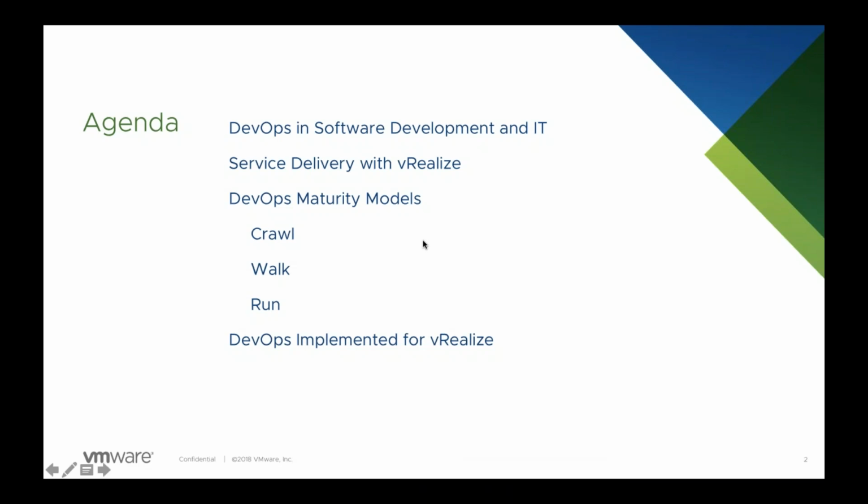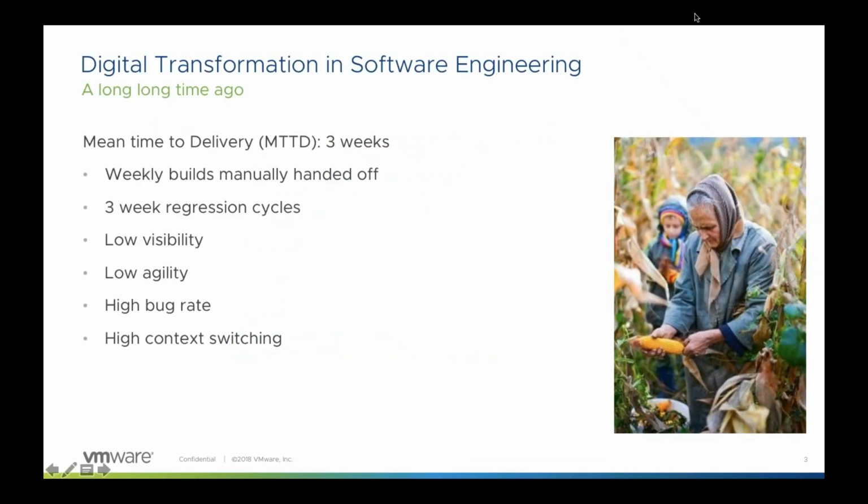So starting out, at the beginning, talking about where software was. When I joined VMware, that was about 6 years ago, we were just fresh off of the acquisition of Dynamic Ops and what would become the Cloud Automation Center, vRealize Automation. We had a mean time to delivery for change of about 3 weeks, meaning that from the time that a developer